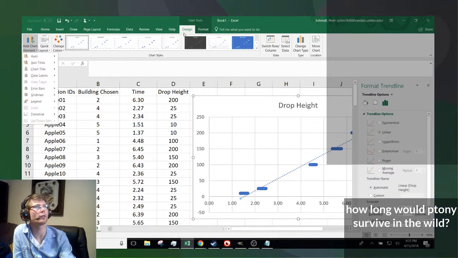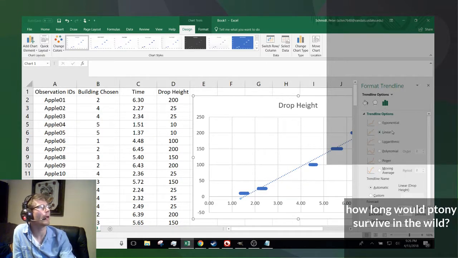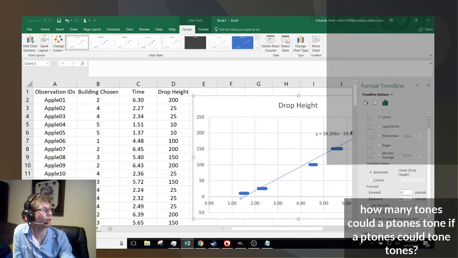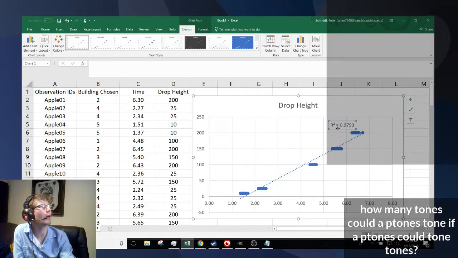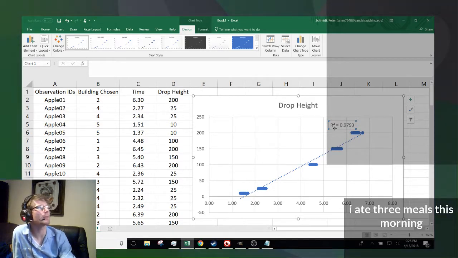I did that with add chart elements all the way down to trend line, and over here we're going to hit linear. Also, there's a measurement of how accurate a line is that we can display on there: R squared. Actually, we're not going to use the equation right now. We don't need it. R squared is a measure of how close the data is to fitting the line, and higher is better. This is kind of like radio signal, I suppose. So this is actually really high, 97.9%